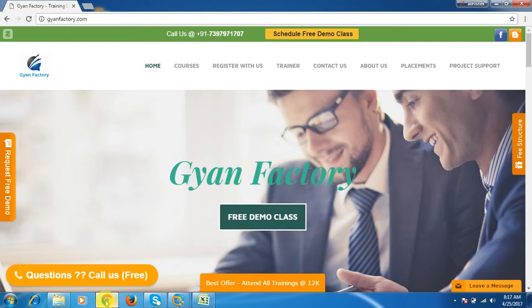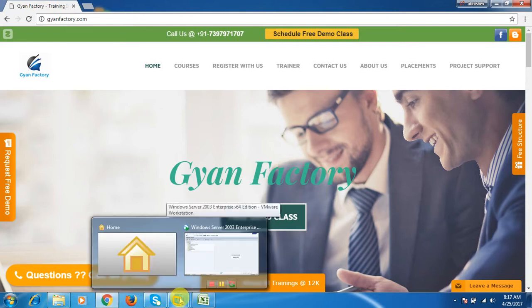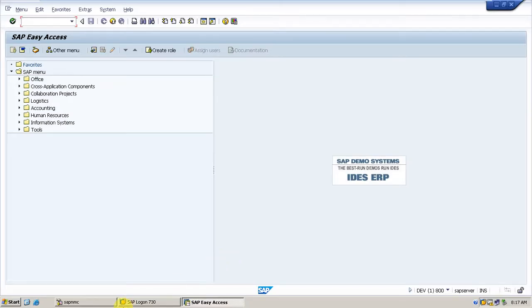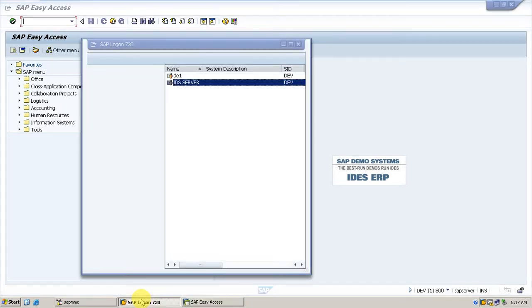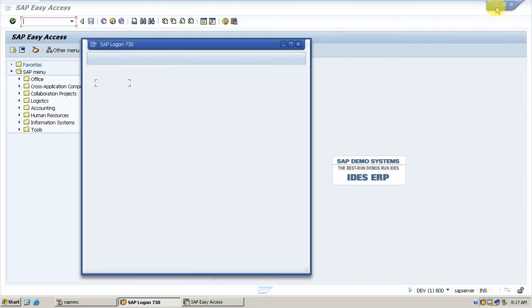So today we will learn with the very basics. So how to log in SAP. Who are not aware how to log in SAP, they can see here. You have to get access of the SAP server, then you have to install SAP GUI system.